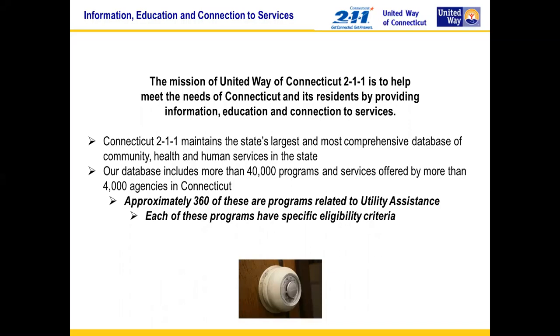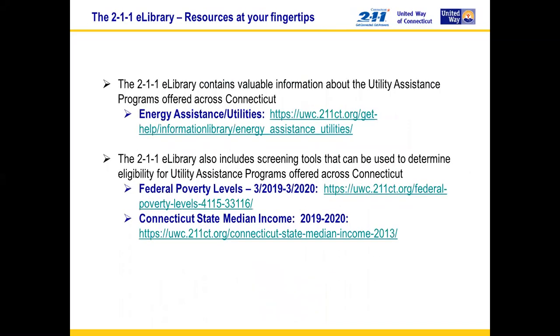So each program has very specific eligibility criteria. And so what I wanted to do first was to show you our energy assistance utility e-library. We created an e-library of about 400 papers. The resource was started for our contact center staff, but it blossomed to become a very heavily utilized resource on our website. I'm going to click into this link here and show the options that are available within this category